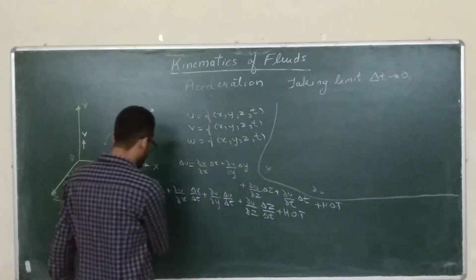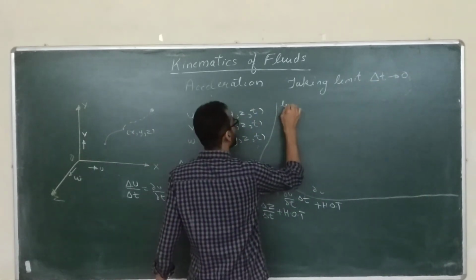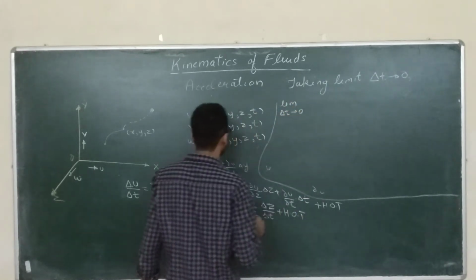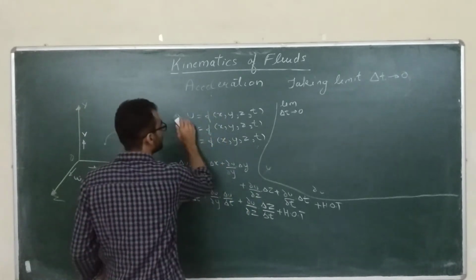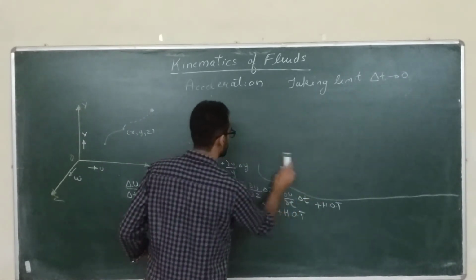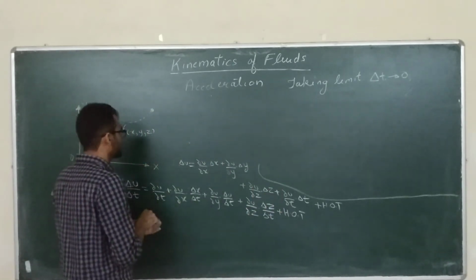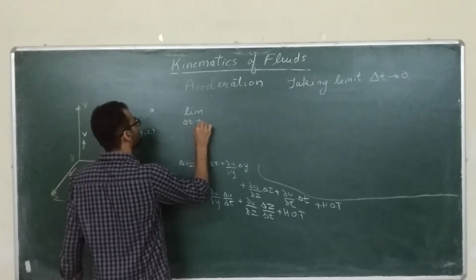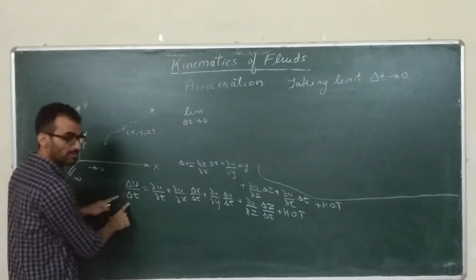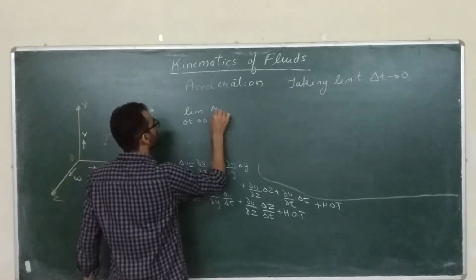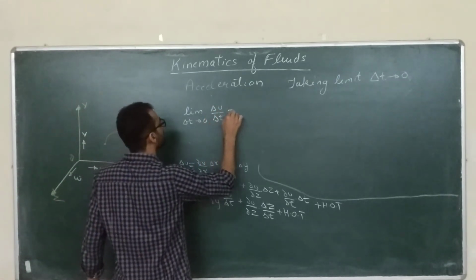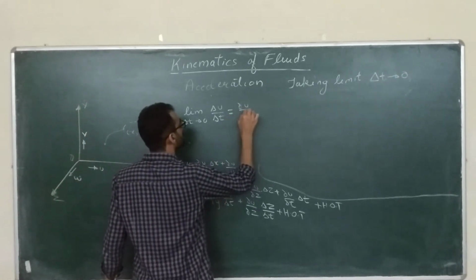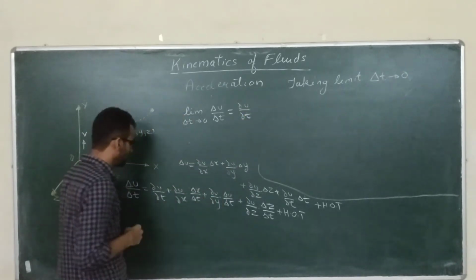Alright, so take the limit for both left and right hand sides. What we get? Limit delta t tends to 0 of delta u by delta t is equal to, this is del u by del t already. There is no term of delta t here, plus